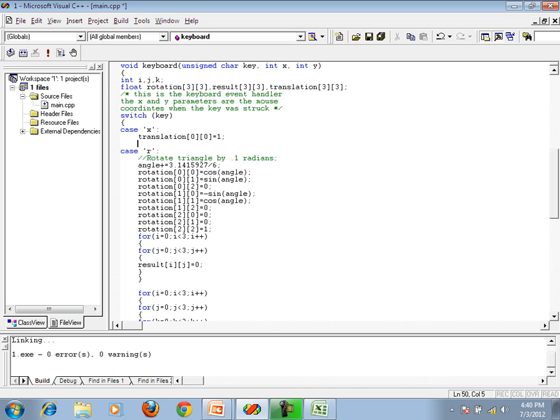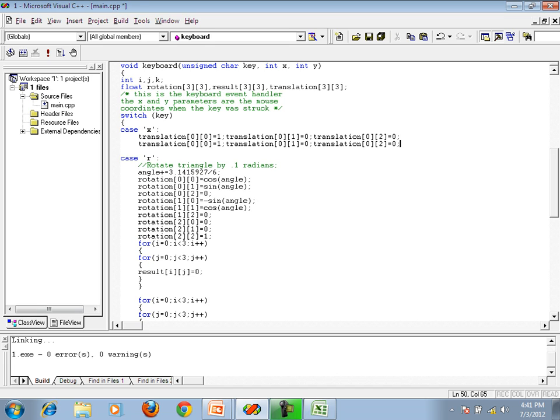Then we'll define all the 9 elements here. Translation का 0,1 is 0. Then translation का 0,2 is 0 again. Now come back to the next three parts.